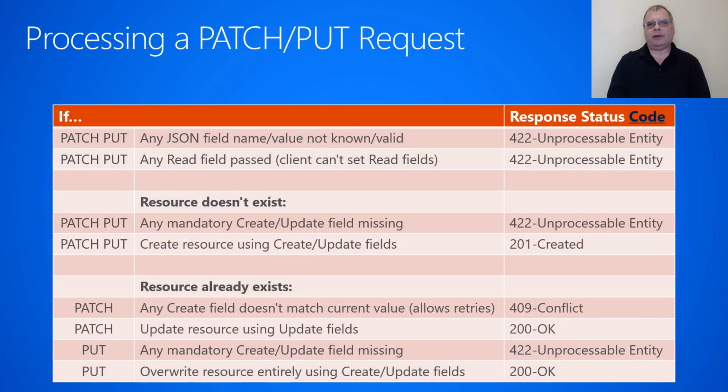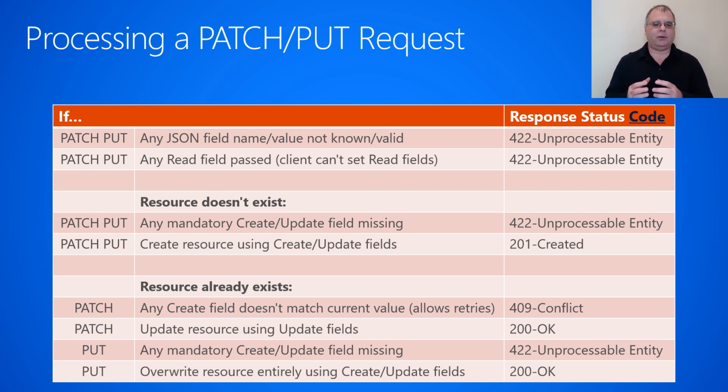Now let's talk about how a service goes about processing a patch or put request. When a patch or put request comes into the service, it would walk through these tests that I show in the table on this slide. The first thing is, if this is a patch or put request, the service would make sure that any JSON field in the request payload,